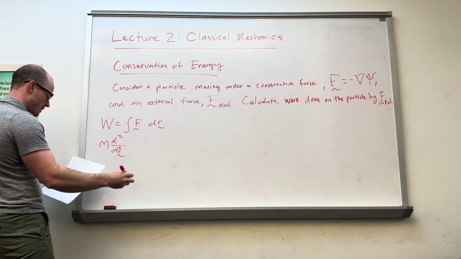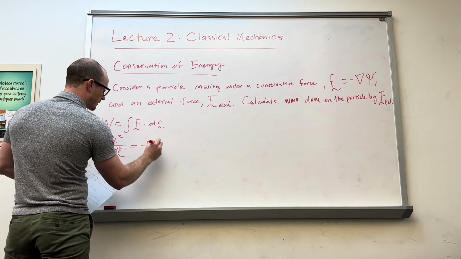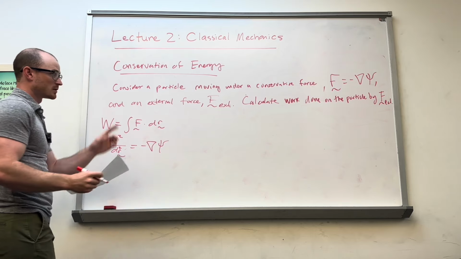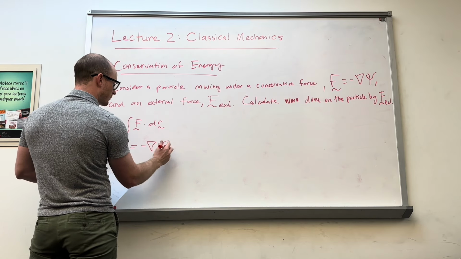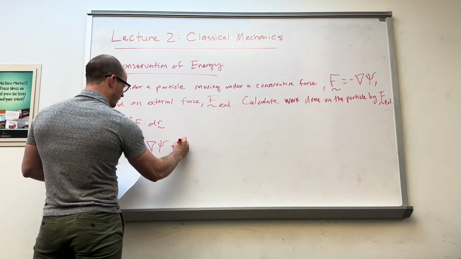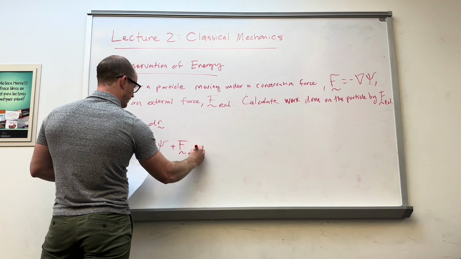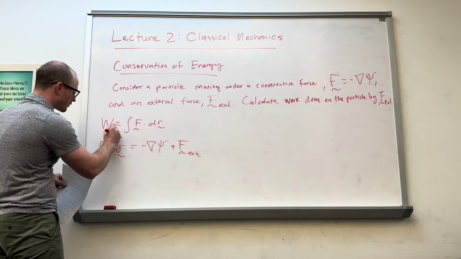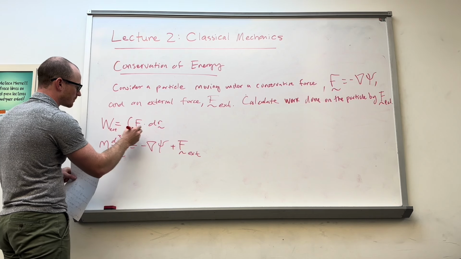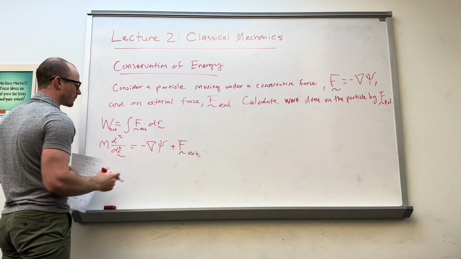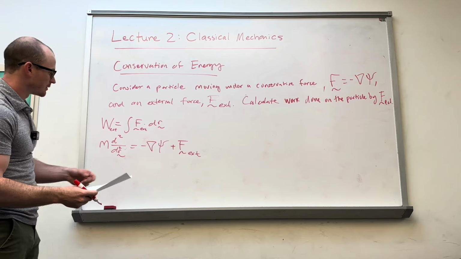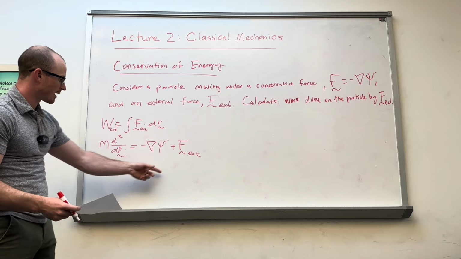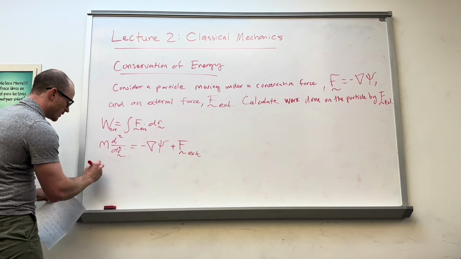Mass times acceleration is equal to the net force on the particle, which is the minus gradient, this is our conservative force, plus our external force. Now we want the external work, the work from the external part of the force. So what we're going to be able to do then is move this to the other side and plug this into the equation. So we have